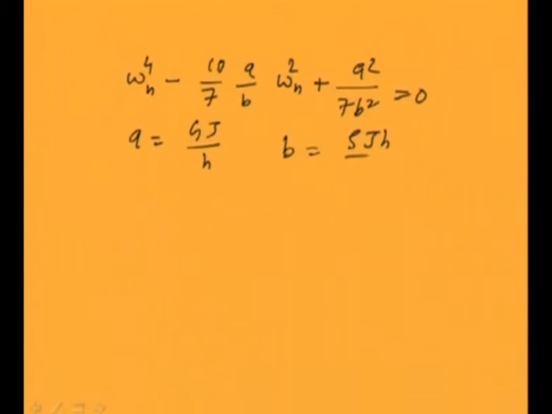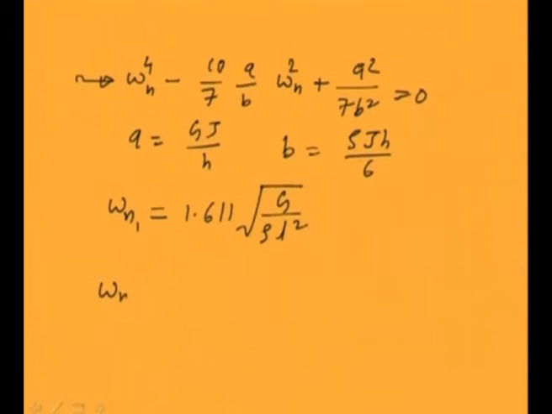A and B, I have defined some parameters. I will be defining this, where A is GJ by h and B is rho J h by 6. So we can solve this for omega n. This will give us two natural frequencies of the system. First one is this, second is